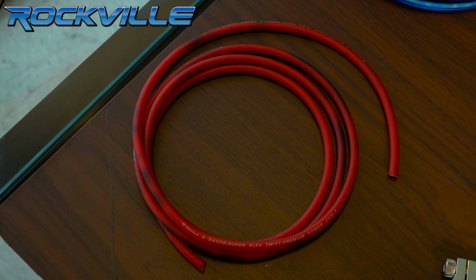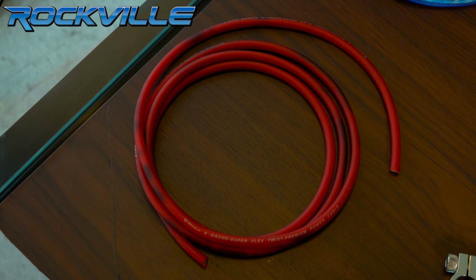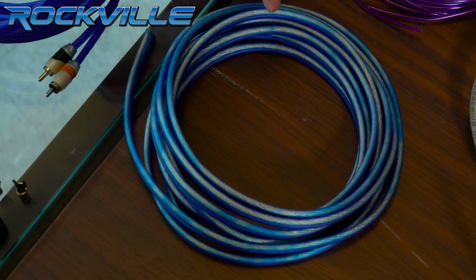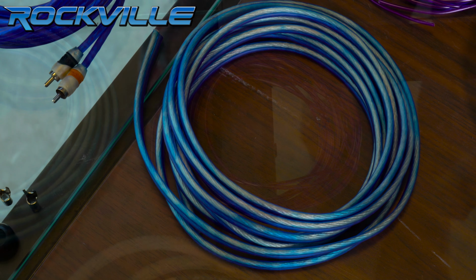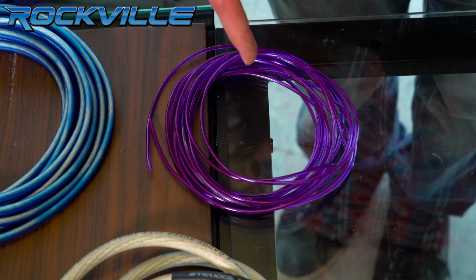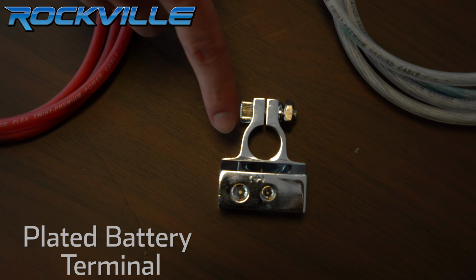a 17-foot 4-gauge high current low impedance translucent red soft power cable, one 6-foot 8-gauge high current low impedance translucent red soft power cable, one 15-foot 12-gauge translucent blue silver heavy duty soft speaker wire, one 16-foot 18-gauge violet remote turn on wire,